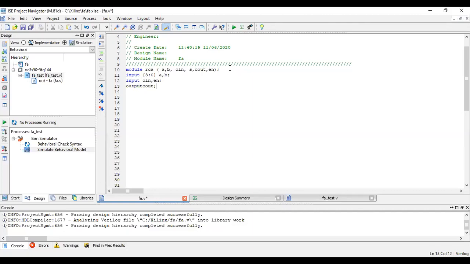C out is one output. Then the next output, 3 down to 0, Sum, is another output. All outputs should be declared as registers. So register C out, and the other one is register 3 down to 0 S.